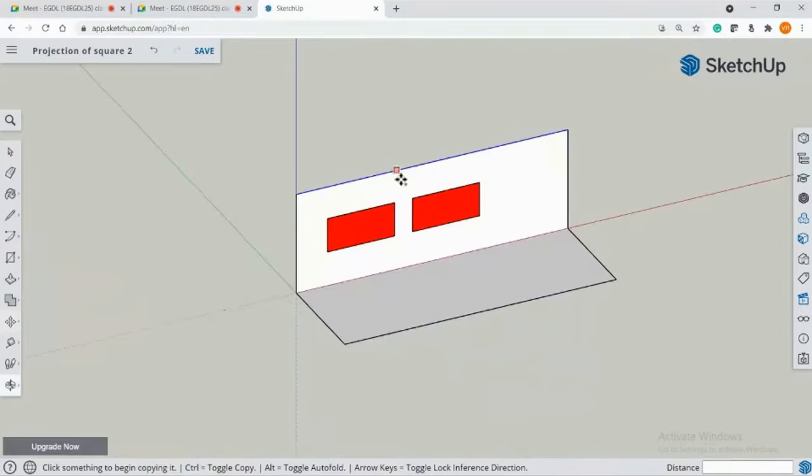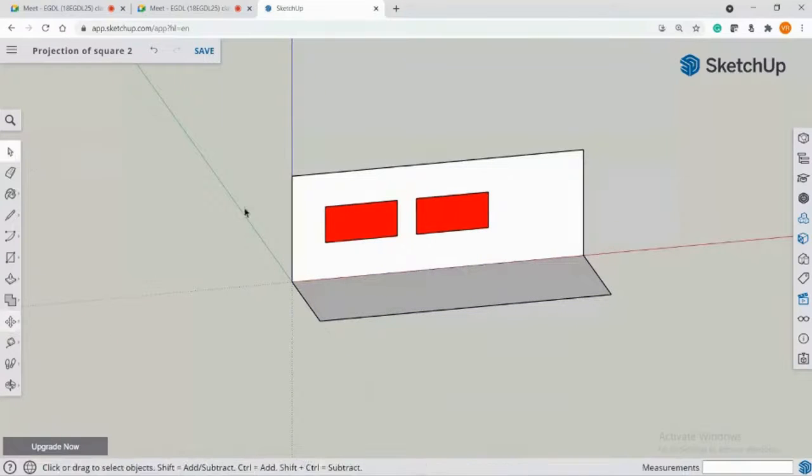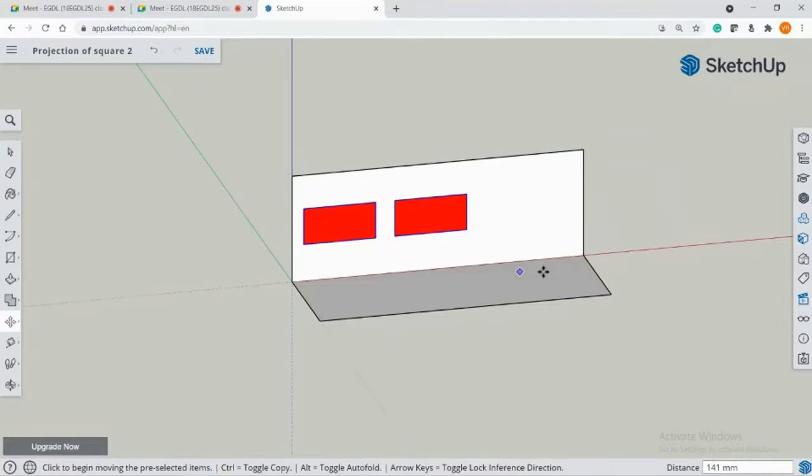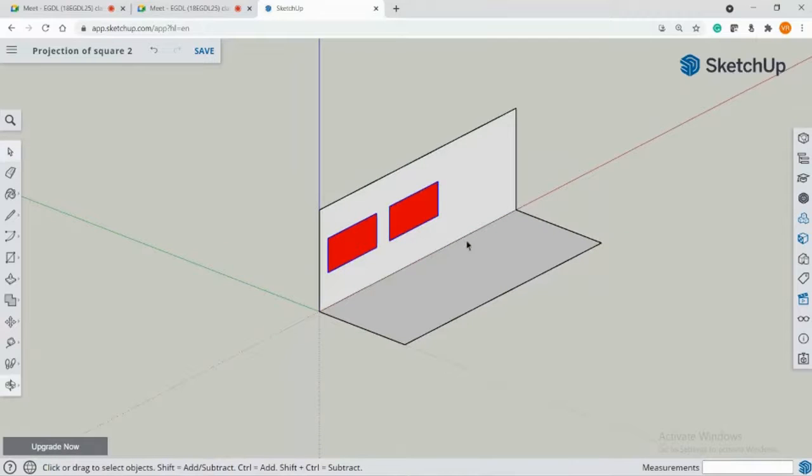Here, it's fine. Let me just select these two and move this a little here so that I have space for the third step. The second step, it is like this.